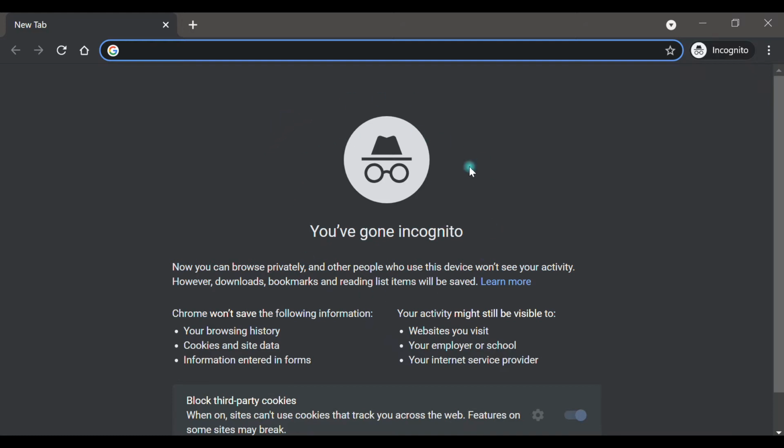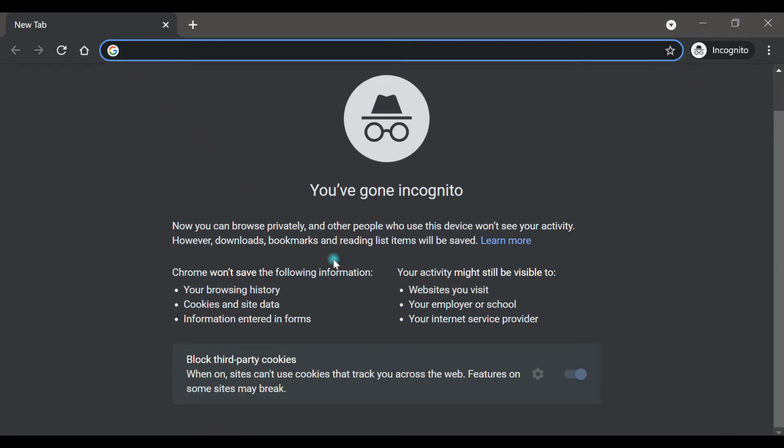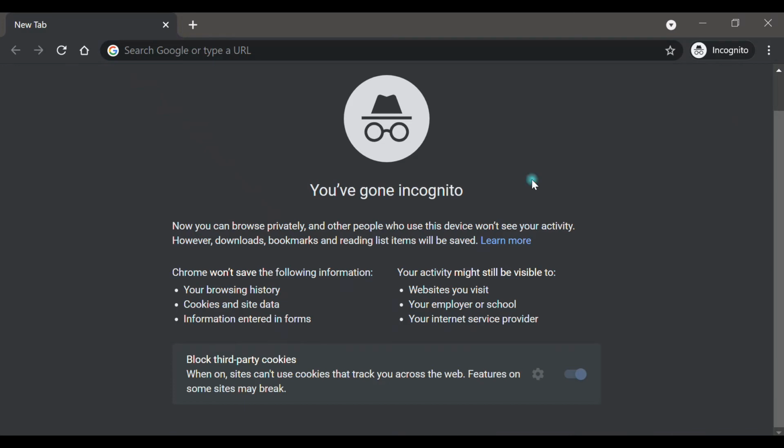Well, incognito mode is the way that Google Chrome doesn't keep or remember your activity, such as browsing history, usernames, passwords, and so on. It gives you total privacy, not leaving any traces anywhere. Okay, back to the shortcuts.